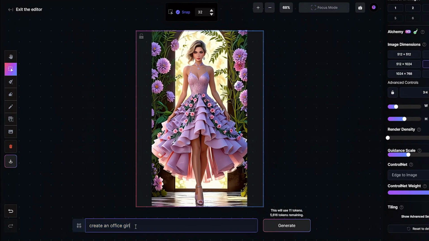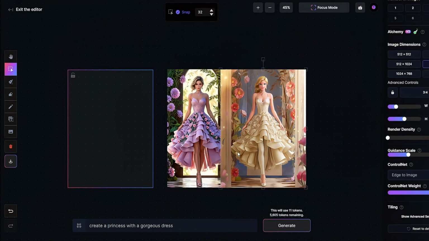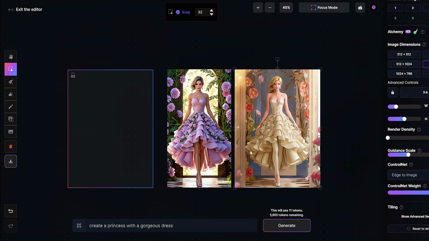Now imagine I want to create a queen with the same body and face proportions as the girl in the painting. I simply type in the prompt bar, create a princess in a lavish dress, then click Generate. Here are the results. They're all amazing, but I like the first one the most, so I'll select it and click Accept. When comparing the two images, you can see that the AI preserved the edges and recreated them perfectly